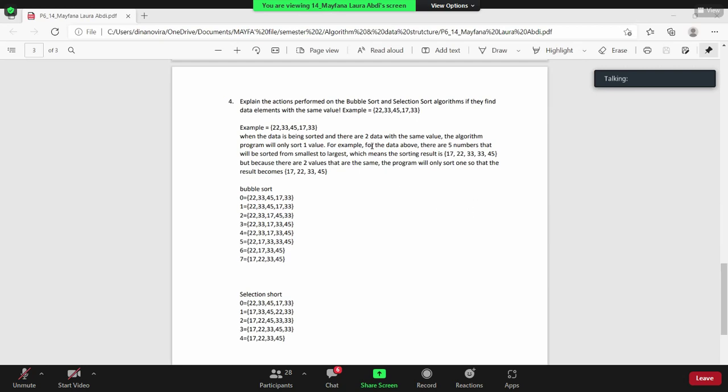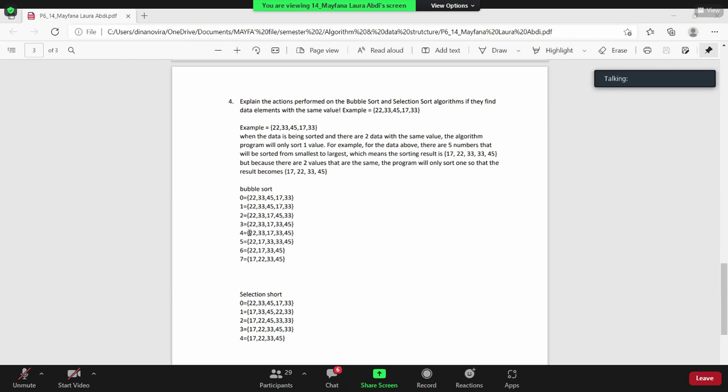For the bubble sort, we compare 22 with 33, but because 22 is smaller, it's not swapped. And then compare 33 with 45, and it's still not swapped because 33 is smaller. And then 45 with 17, it will swap because 17 is smaller than 45. And then we compare 45 with 33, and it will swap.